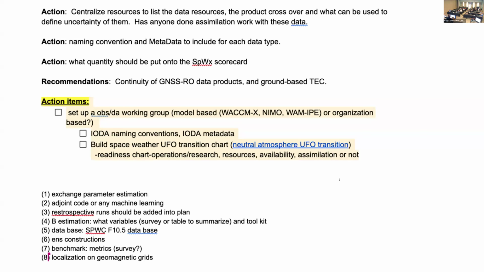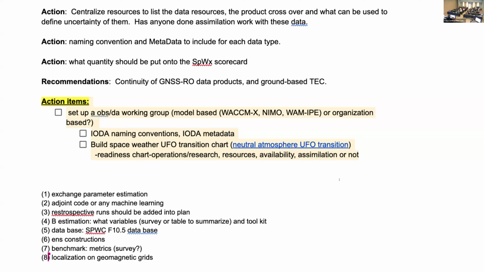And I understand that there is a lot of divergence in the metadata for different data resources or data types as well. So that's something we would need to figure out: what we would like to include in our UDA data files or in our database. Again, I don't think we will have answers from just a 1.5 day workshop. But I would like to have a working group working closely on this.